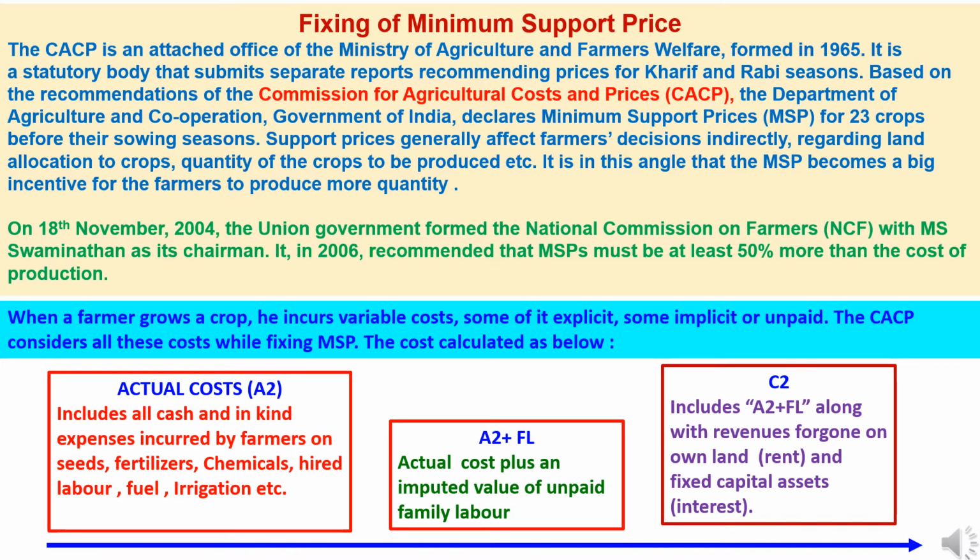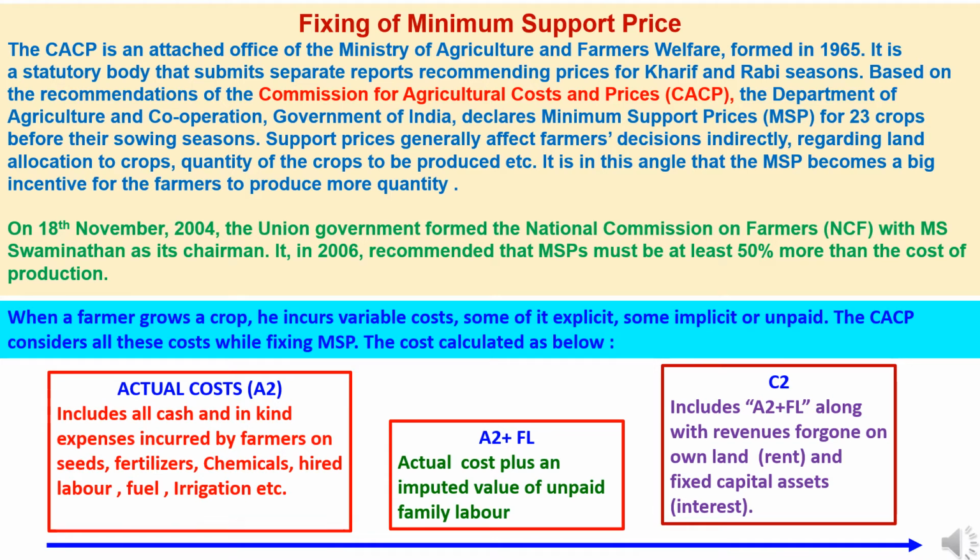On 18th November 2004, the Union government formed the National Commission on Farmers (NCF) with M.S. Swaminathan as its chairman. It in 2006 recommended that minimum support price must be at least 50% more than the cost of production. When a farmer grows a crop, he incurs variable cost, some of it explicit, some implicit or